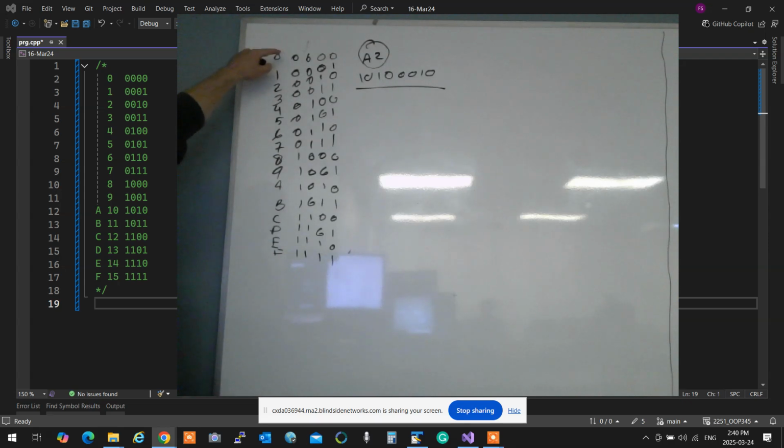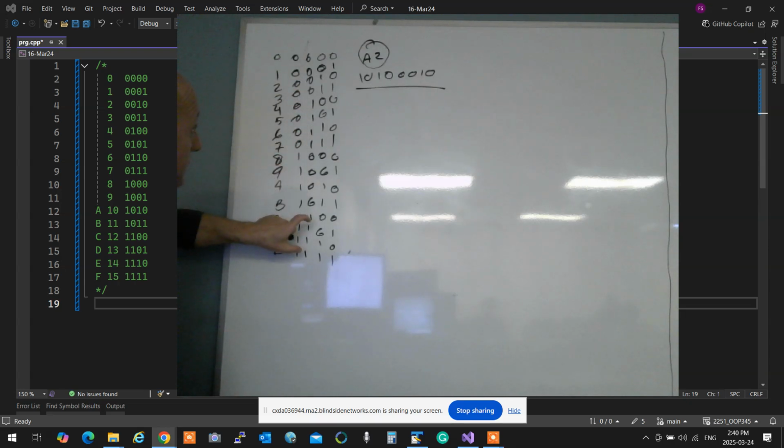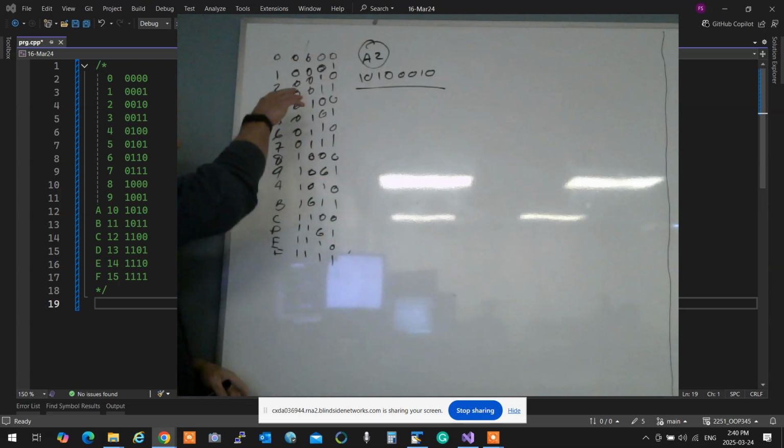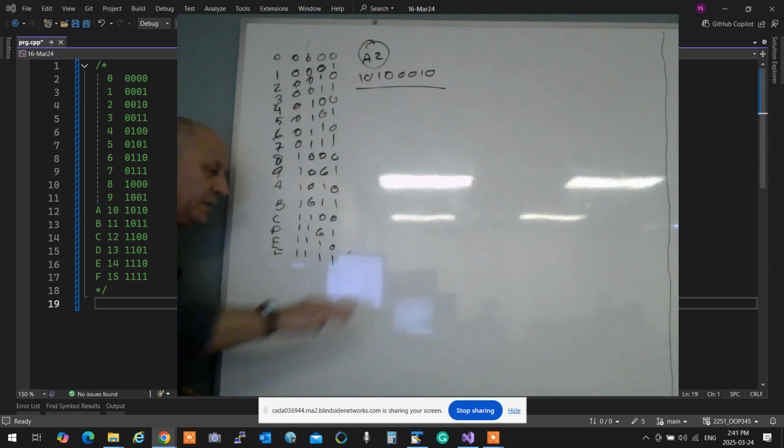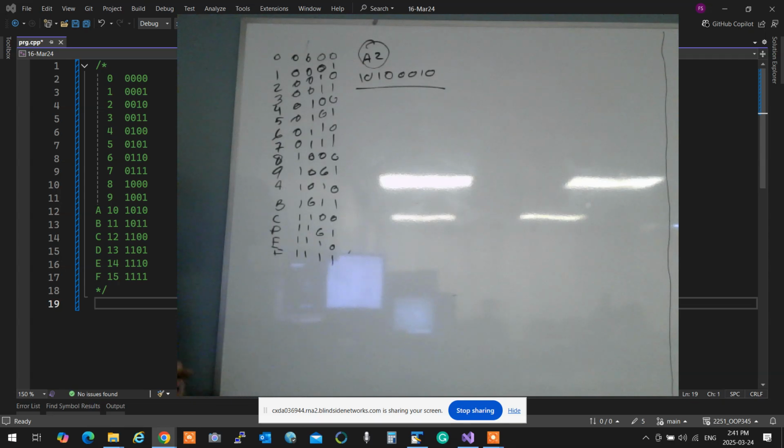So essentially, the quickest way to draw an ASCII table, a binary table, is to put 8 zeros, 8 ones, then reduce it. It's recursive, right? Then 4 zeros, 4 ones, 4 zeros, 4 ones, then 2, 2, 2, 2, then 0, 1, 0, 1, 0, 1, and automatically you're going to have from 0 to 16, the bit pattern is shown. Any value that you find in a computer, you can show with 2 digits hexadecimal. Okay?